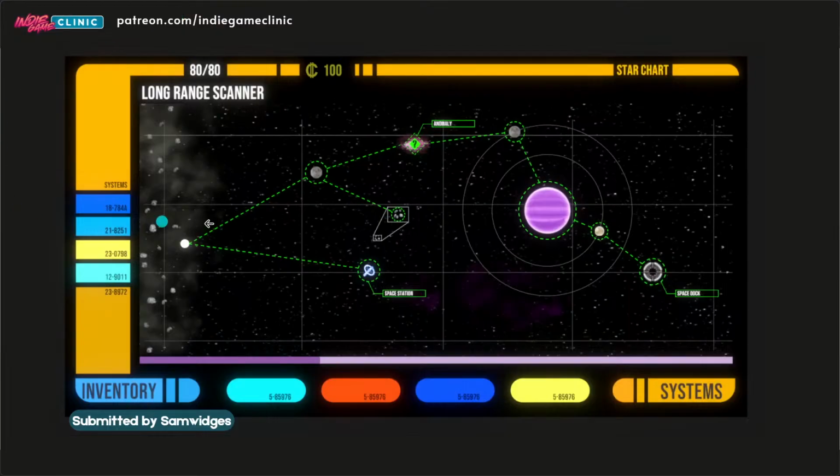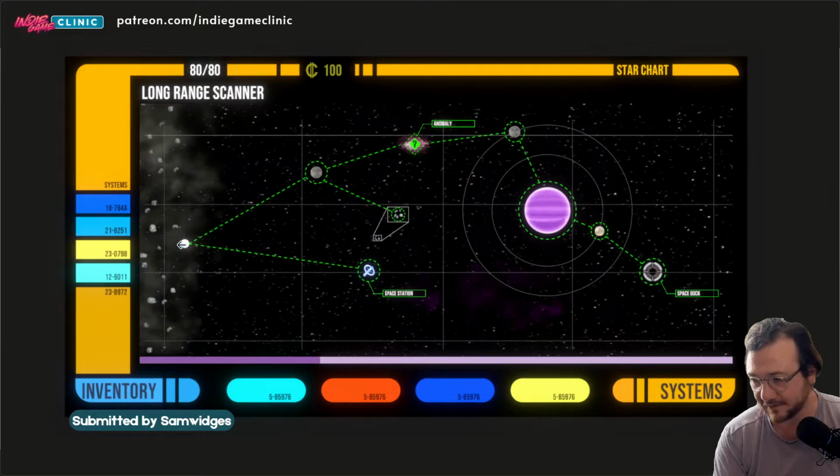Here we have Sam. I don't know if Sam's still in the chat. This is like a universe map from a card game. And this has been an interesting one to watch in the Discord, because we've had lots of conversations about this where I was like, make it more Star Trek-y. I think this is about as Star Trek-y as you can get now, but I think that maybe is introducing